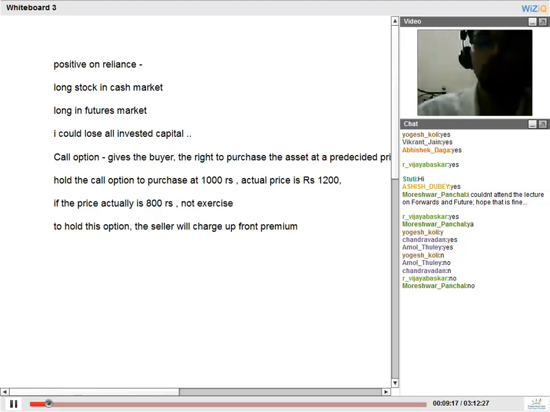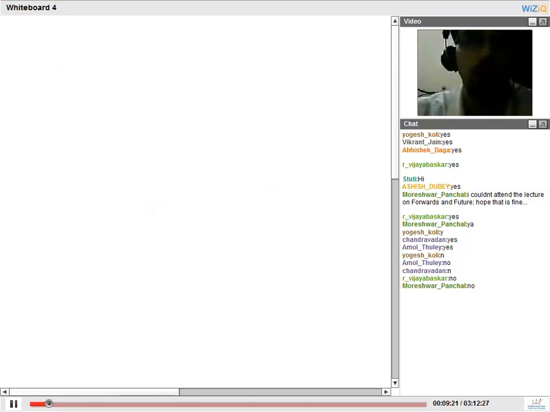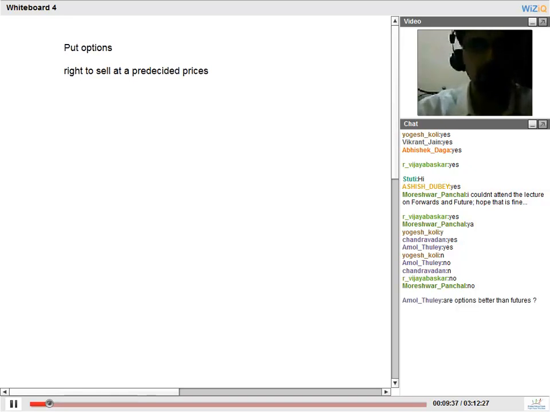And this was about call options, guys. This was the discussion on call options. The second type of options are called put options, and there are only two types. Put options give the right to sell at a pre-decided price. Let's look at the same example again. Somebody has given me the option to sell Reliance to him or her at a price of rupees 1,000.